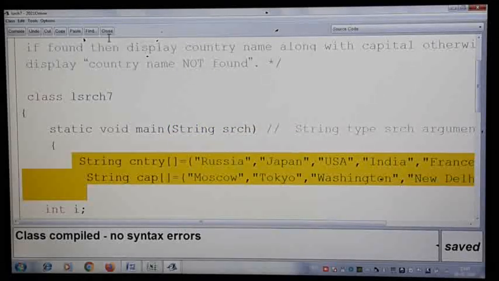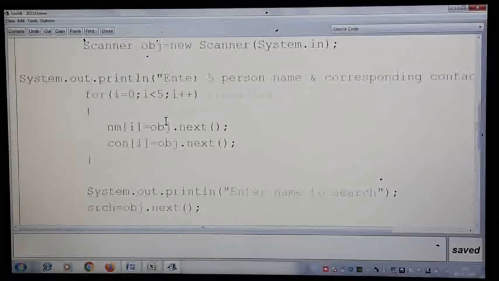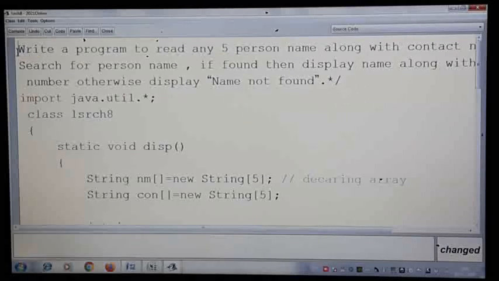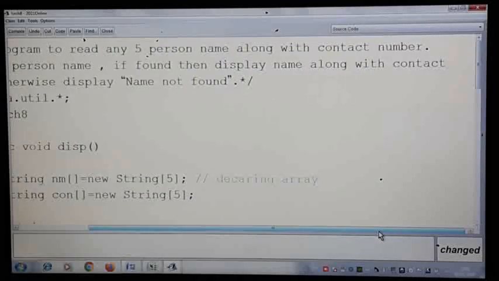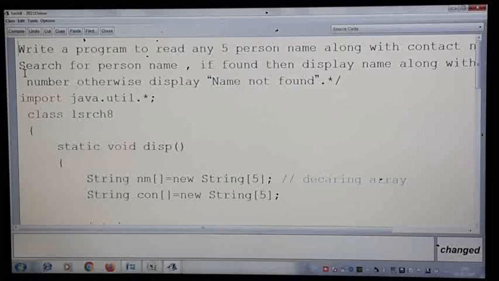Now what I do, I take one more example, an interesting program. Write a program to read any 5-person names along with contact numbers. So all of you know your telephone directory, how exactly you search for a name.